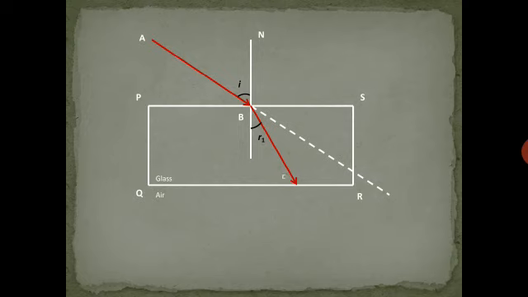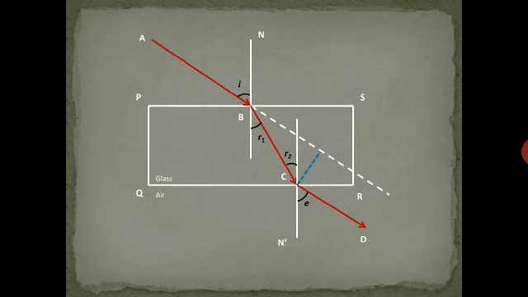C is the point of incidence for the second interface. Now it is the glass-air interface. We draw normal N dash at C. Now this light is going from denser into rarer medium, hence the emergent ray must bend away from the normal. This we show by drawing the emergent ray CD bending away from the normal. We have to mark the angle of emergence E. For the point C, R2 is the angle of incidence and E is the angle of emergence.